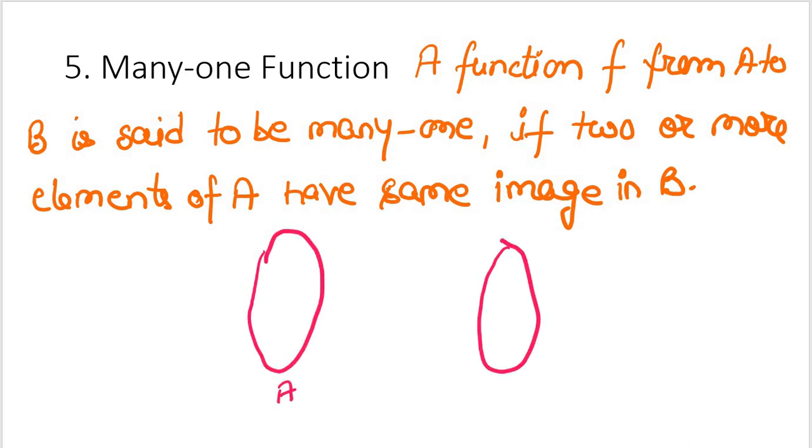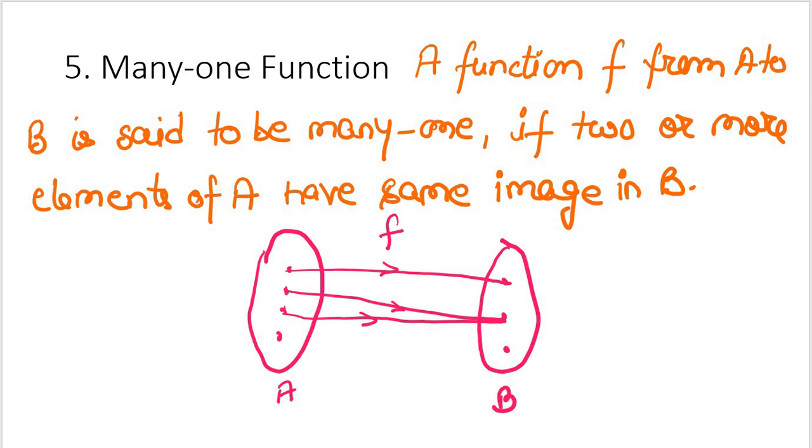Right, I have A here, I have B here. So let me say 2, 3, 4. On this side I have 1, 2, 3, and I have function f here. So there is a mapping like this, like this, like this, and like this. So what we observe is that this one is resulting in many to one, based on these two things. So this is resulting in a many to one function.